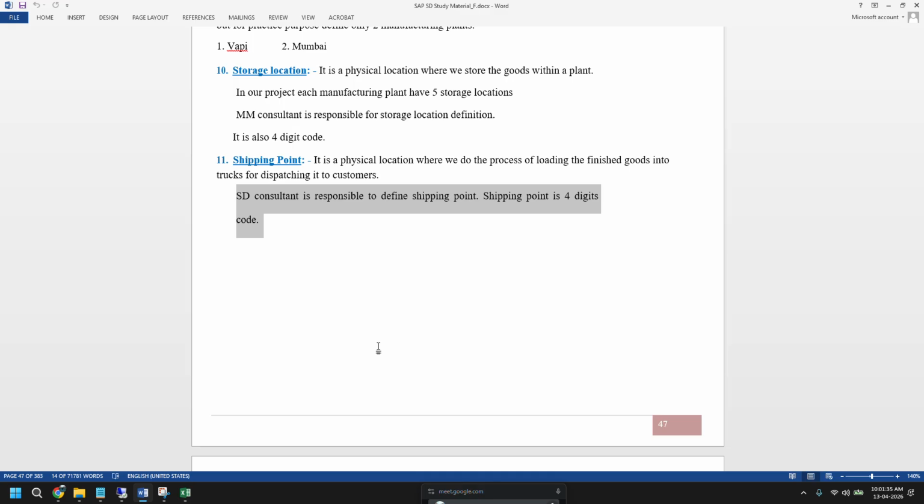No. Even if you know at a higher level what is plant, what is storage location, where I can see my sales order, where I can see the sales area, where I can see the shipping point, this is enough for you people. Okay. As of now, I said whatever is required, I will go to that level. Don't worry. But if I go too deep into any topic, it will be just a waste of your time. What will happen? You will know one topic only, and then when you go to an interview or when you are working for any company, if someone asks you what is invoice, you are like, oh, invoice, I don't know. So it should not happen, right? You should also know what is sales order, what is delivery, what is invoice. So you should have a complete overview. Okay, so this is how